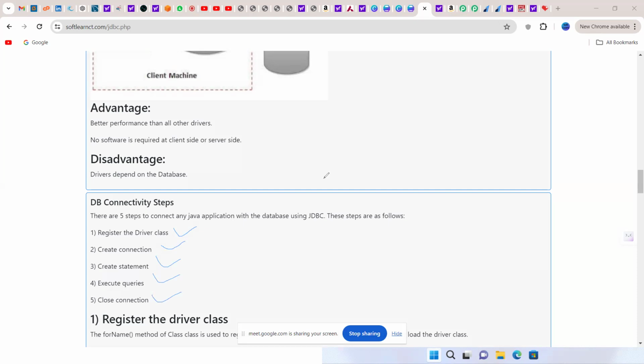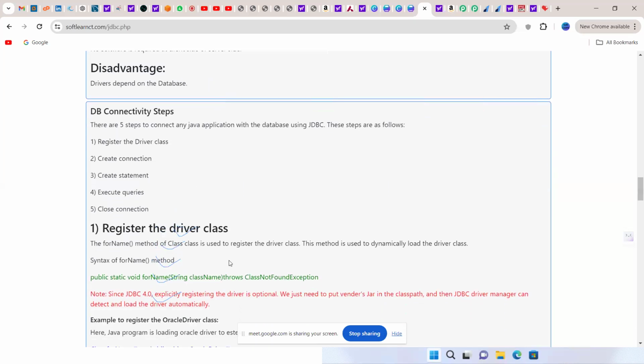So coming to the code, guys, I have already given the code for this. You can check, guys, what is the driver class? See here, this is the way we can register the driver, and this is the way we can connect. So by using the forName method of class,